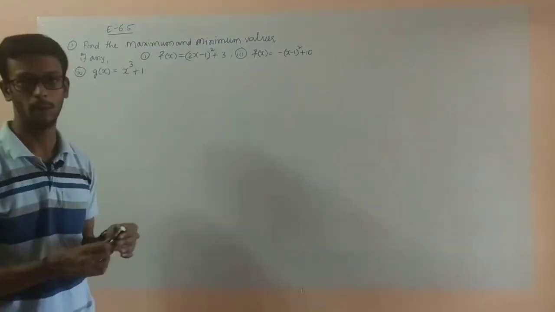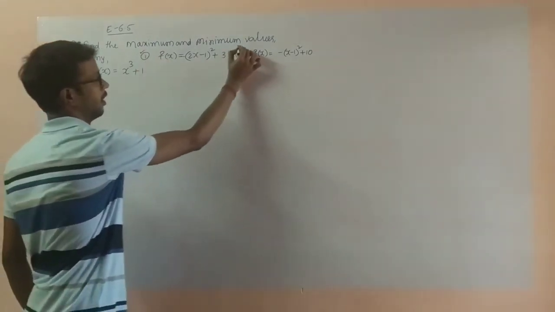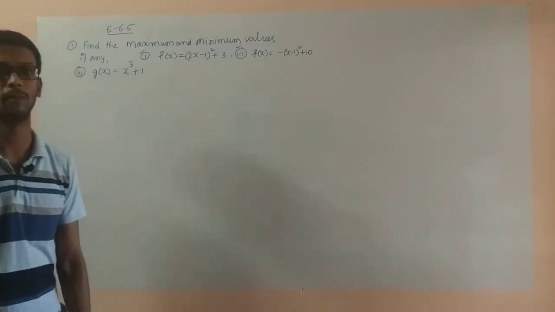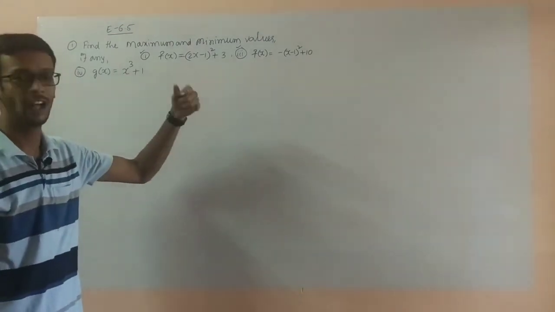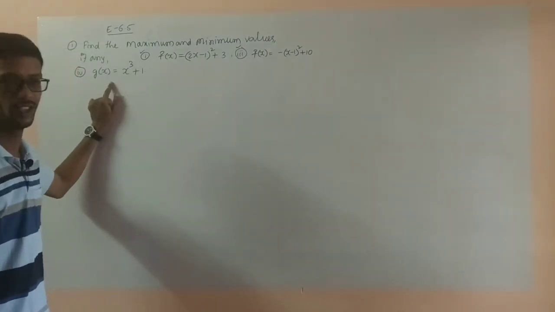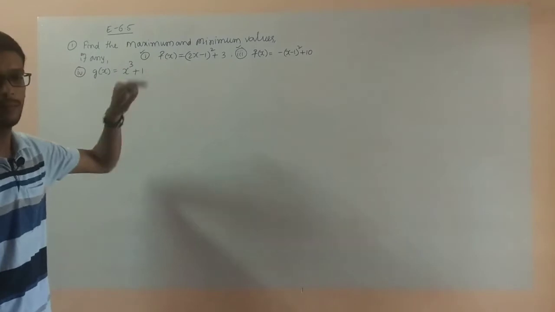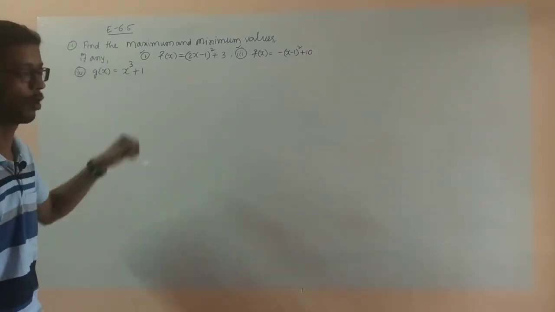In that first problem, there are 3 more problems. The first one and third one you can take as homework, simple problems. And the second one I already explained. The fourth problem you see here, this is neither maxima nor minima. The second derivative test fails in this problem, I'll explain.